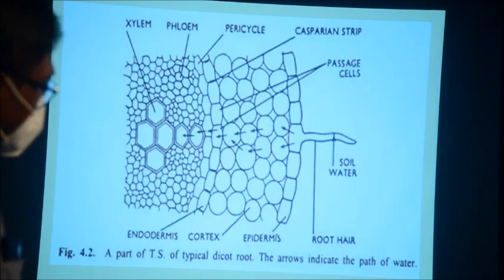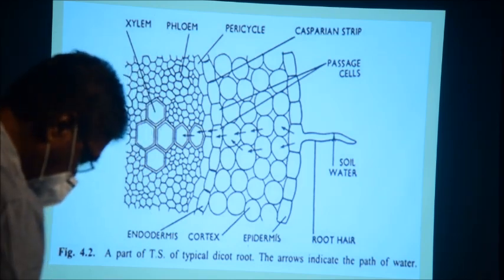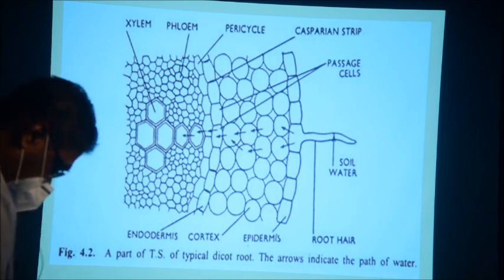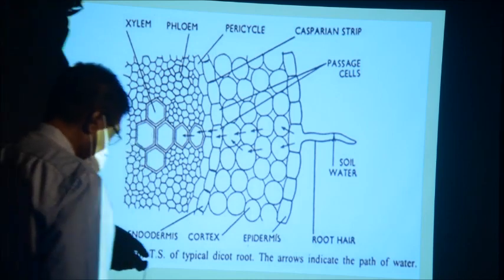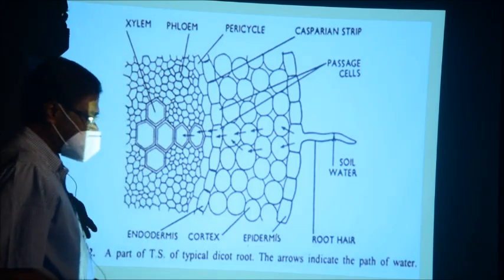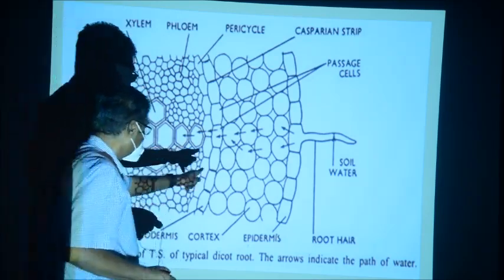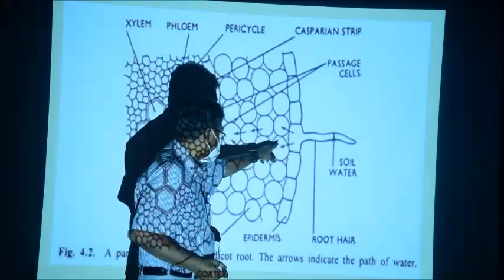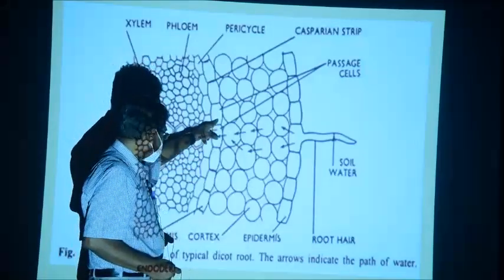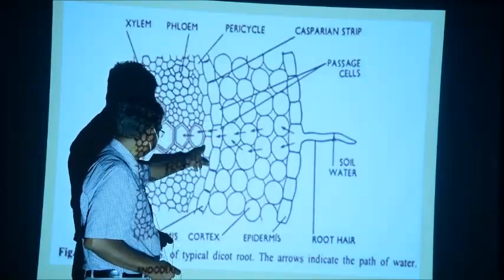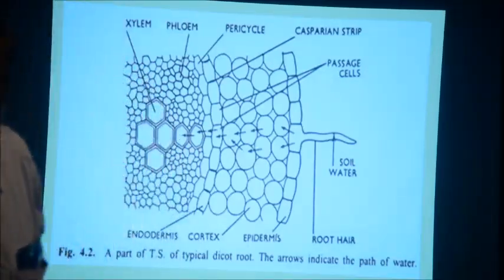Now the cellulose and pectin take water into them by imbibition, because cellulose and pectin are solid substances, so water gets attached. Now water moves from the root hair into the cortex of the root, that is the outer layers of the root, then up to the endodermis, then to the pericycle, and then into the xylem. This is the path of water in the root.